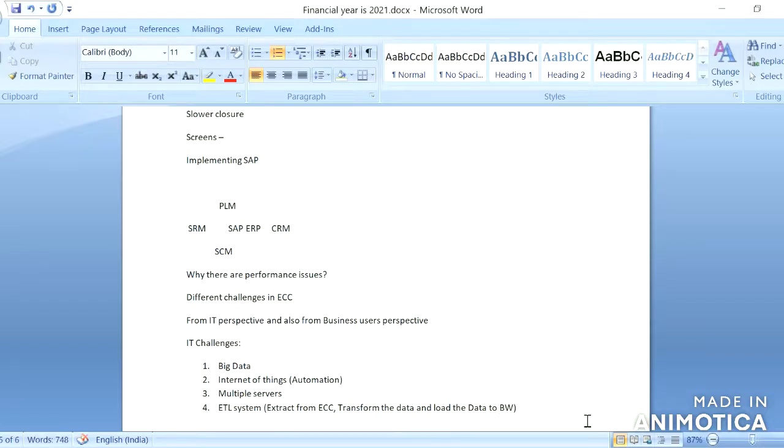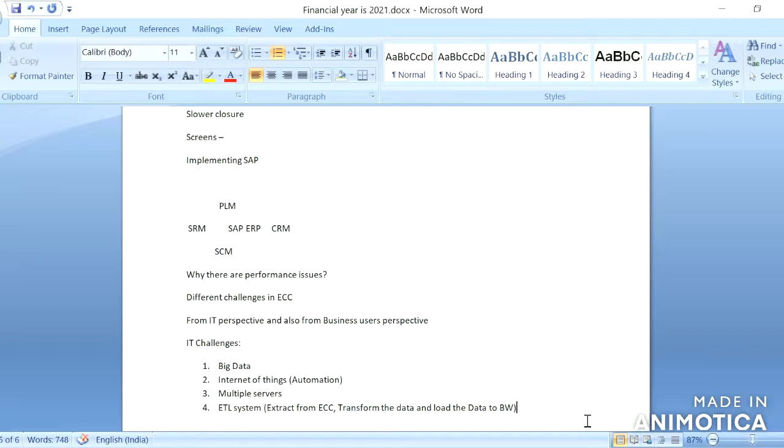As of now we can generate normal reports in ECC, but we cannot generate graphical reports in ECC.